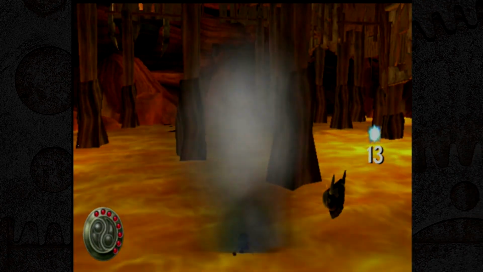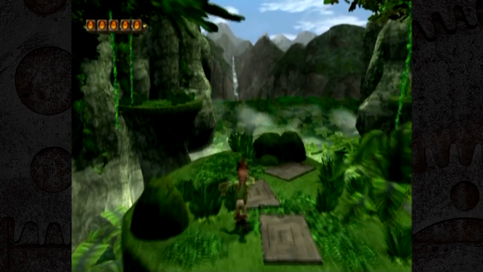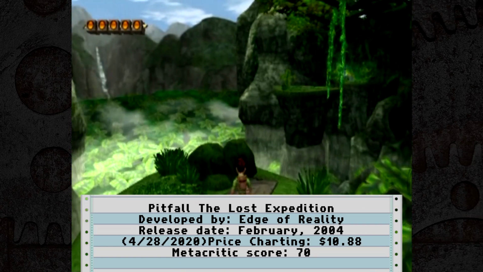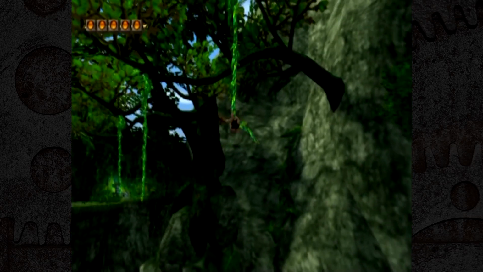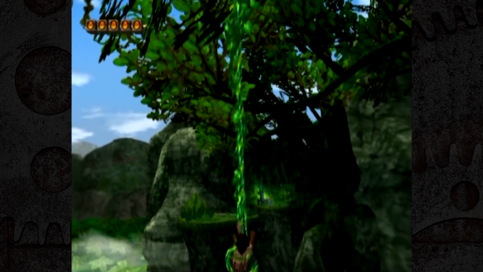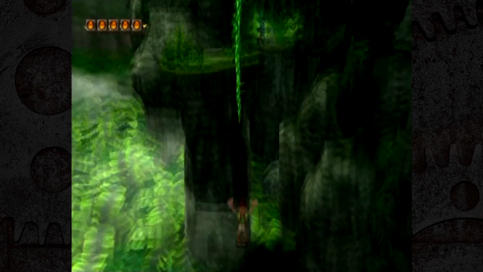And now for a platformer game. Pitfall: The Lost Expedition, a sequel to the Atari game. Turns out there are a bunch of Pitfall sequels that I've never heard of. They took the classic game of jumping over pits by swinging on vines and made it 3D. It's better than I was expecting, but having grown up in the NES era, I always kind of tune out